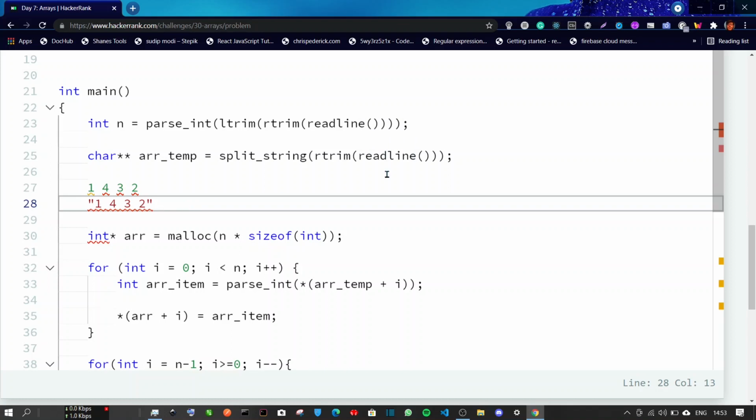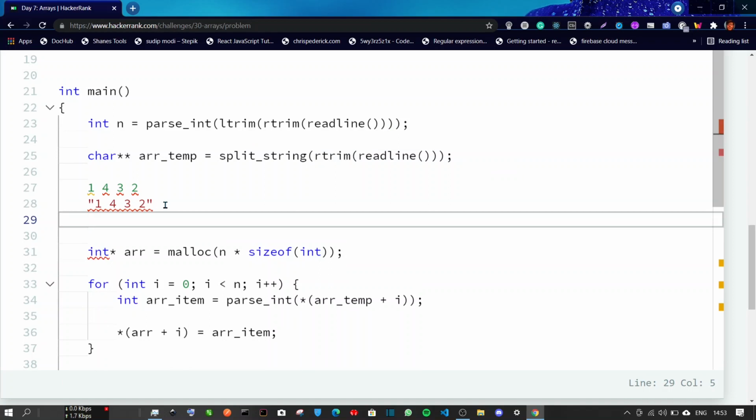So this will be the input after readLine, and then rtrim will be used to eliminate the extra spaces, and then split string will be used to split that remaining string into different characters.